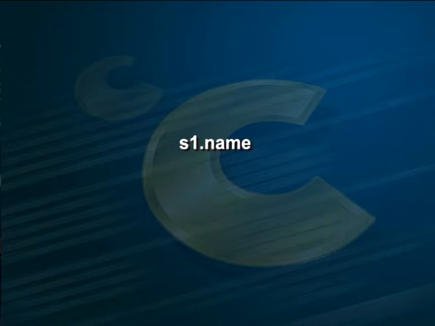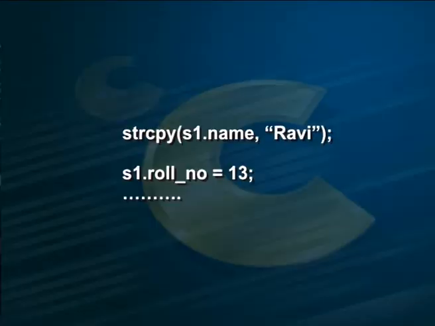Similarly, to refer to roll number, we would use S1.roll number. Please note that before the dot there must always be a structure variable, and after the dot there must always be a structure element. The corresponding C statements will be strcpy(s1.name, "Ravi"); and s1.roll number = 13;